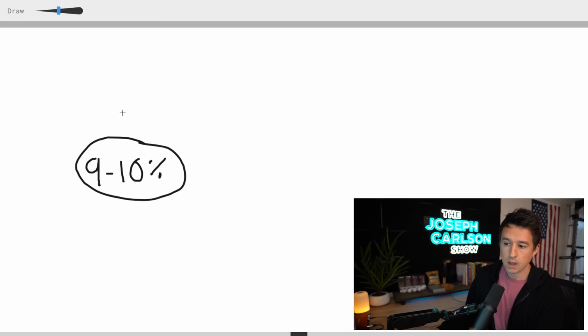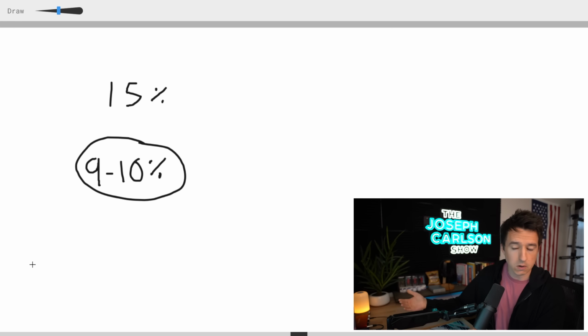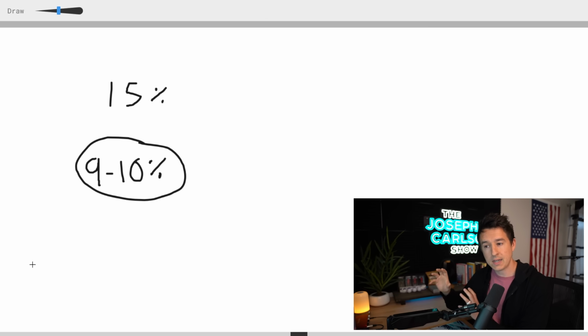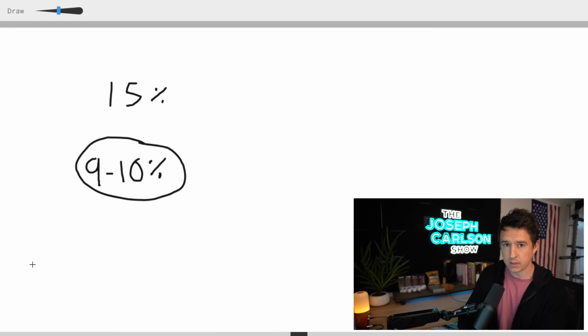In this case, I try to get around 15% annualized returns. I'm not aiming for anything crazy. No meme stock returns of 30 and 50 and 100% per year, right? I don't want to get into that territory because once you go for too high of returns, you take on way too much risk. You get to gambling. I'm not gambling. I want decent returns, very attractive returns.